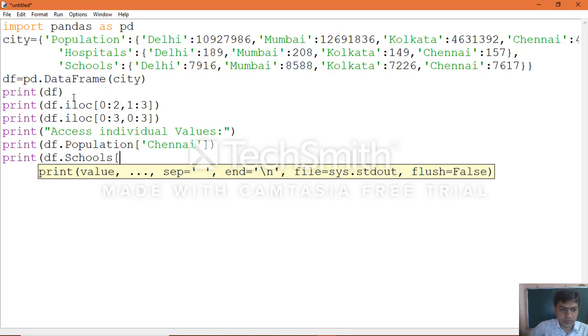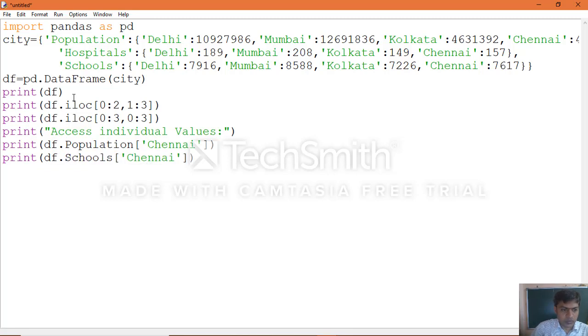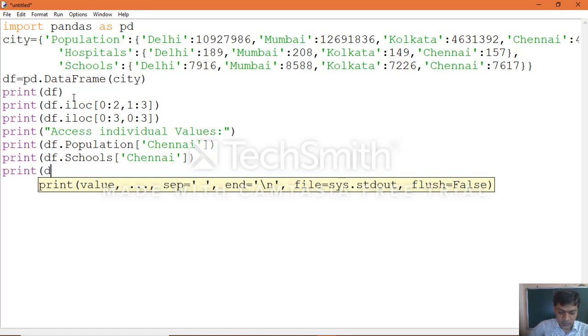Schools of, same way, print of data frame object name dot hospitals of Chennai.